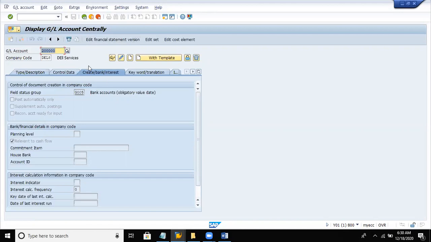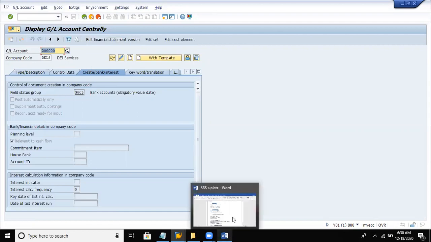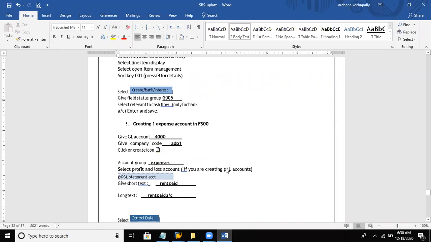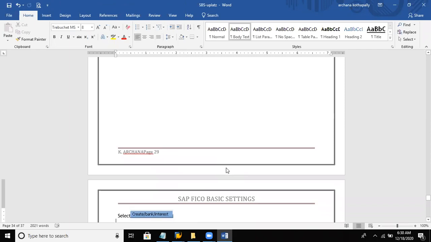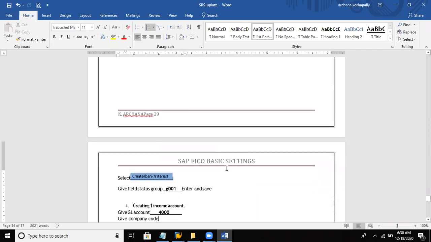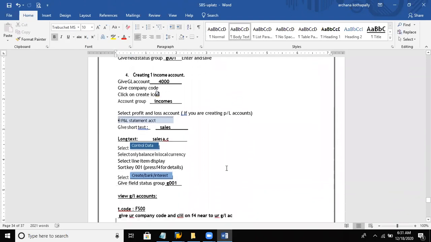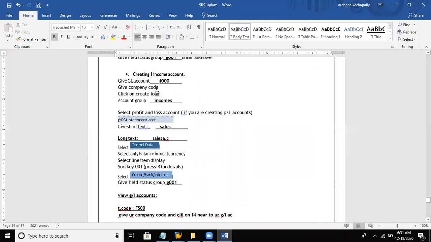Now let us create another account from the income group. From each account group, we will be creating one account. So let us create one account from the income group. We said our income would be from 300000 to 399999, right?